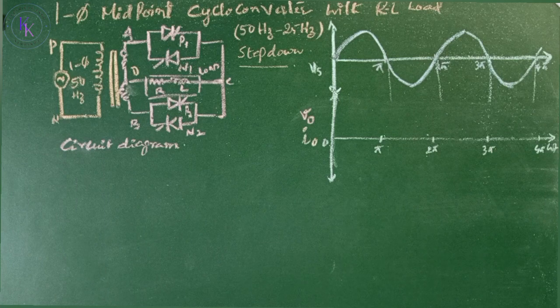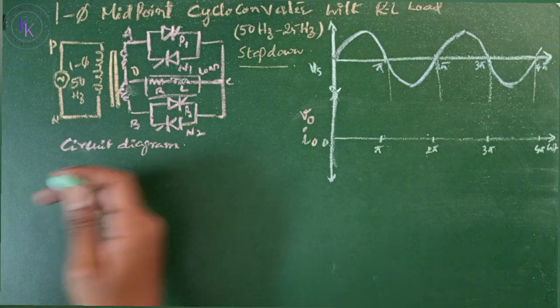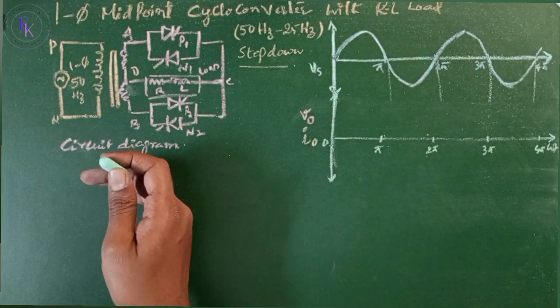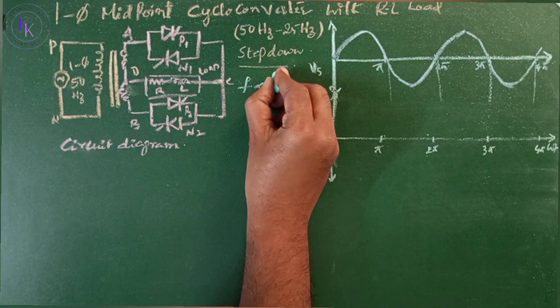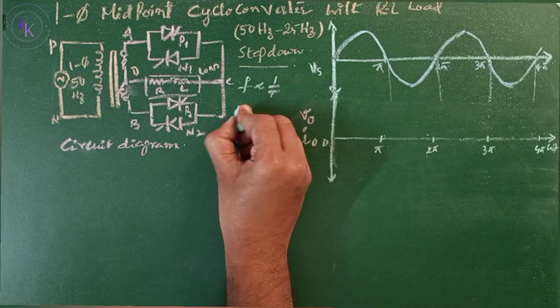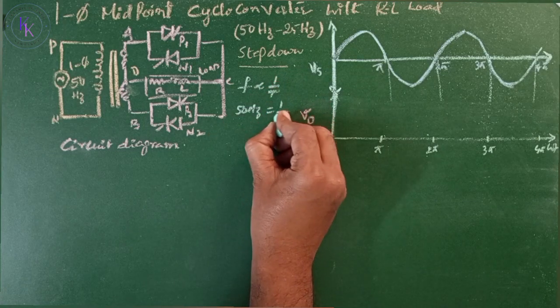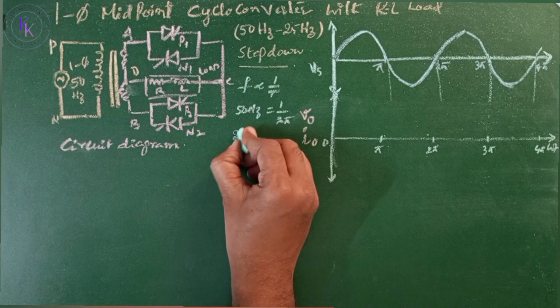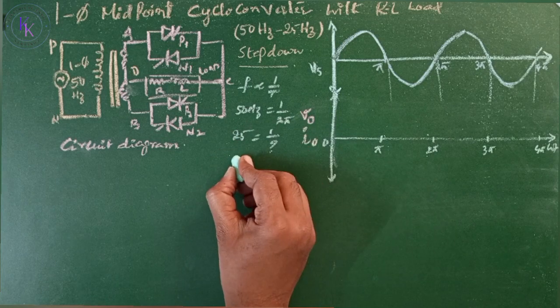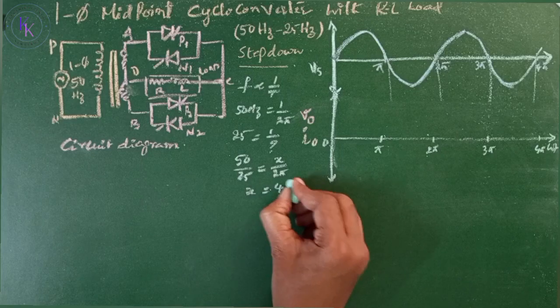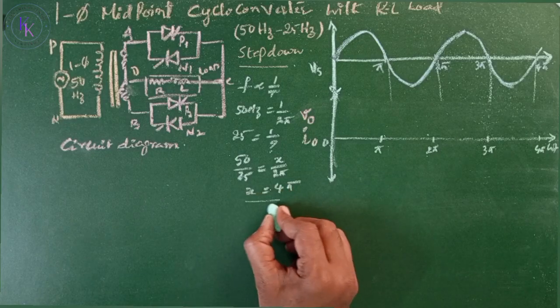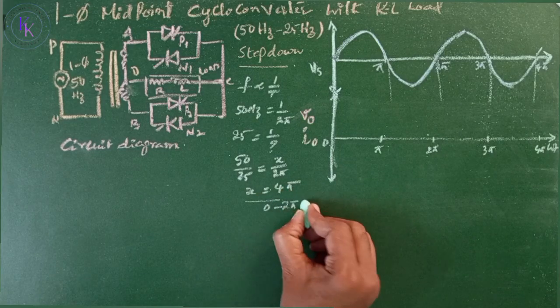Single phase midpoint cycloconverter with the RL load. We want to step down the frequency from 50 Hz to 25 Hz by using this circuit. As we know, frequency is inversely proportional to the time. For 50 Hz, it has taken 2 pi radians. Then for 25 Hz, if you calculate this, 4 pi,